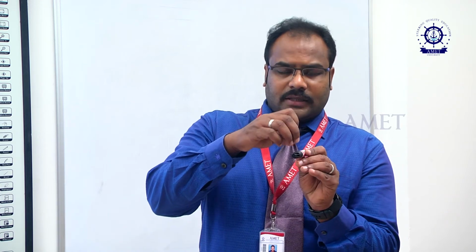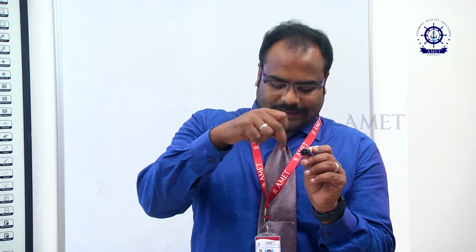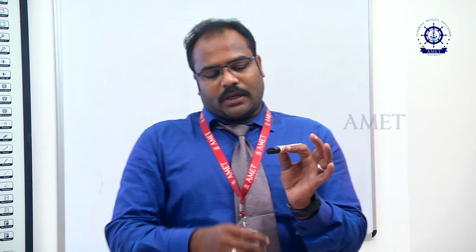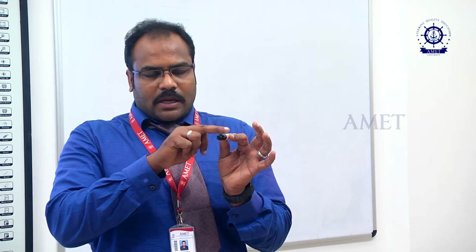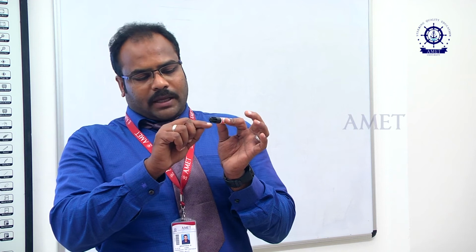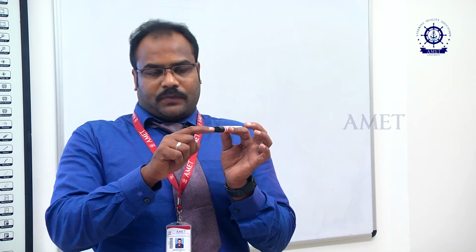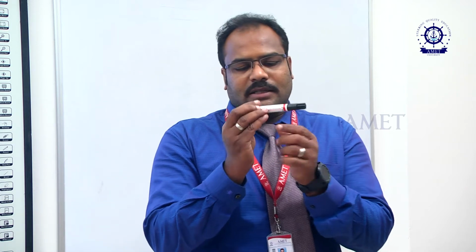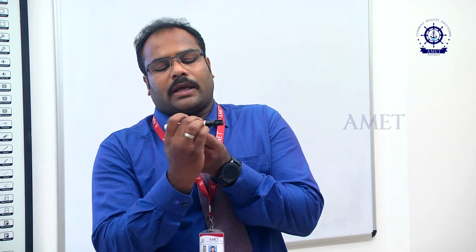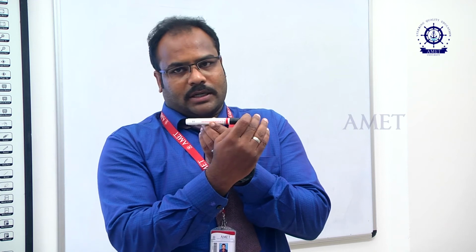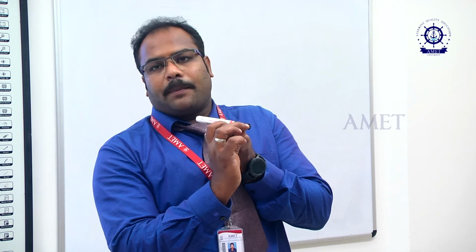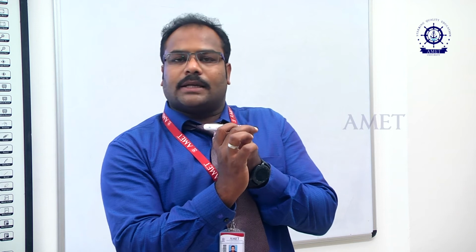So if I measure the length from this end to this end, I will get my maximum breadth. Depth: this is my keel, this is my top deck. If I measure the distance from the keel to the top deck, this will give my depth. Draft: consider this is my ship and it is floating here. This is my floating distance. So from the keel to the point where it floats, if I take the distance, it is my draft.